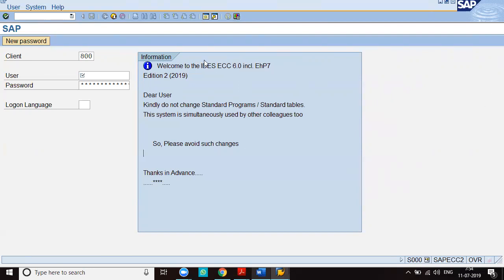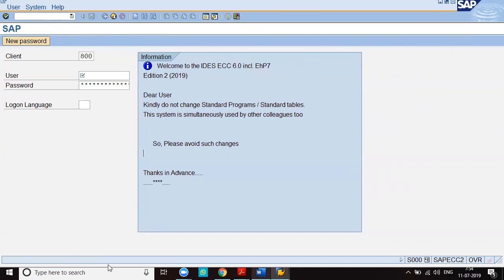Look at the screen. Here the fourth one from the top: 1, 2, 3, 4. This is called application toolbar. This application toolbar automatically pops up the required icons based on the screen we are using. And remember, it is not at all necessary to remember the icons on any screen. Here in this particular screen, we have one icon, new password. If you go to some other screen, it will show you some other icons.